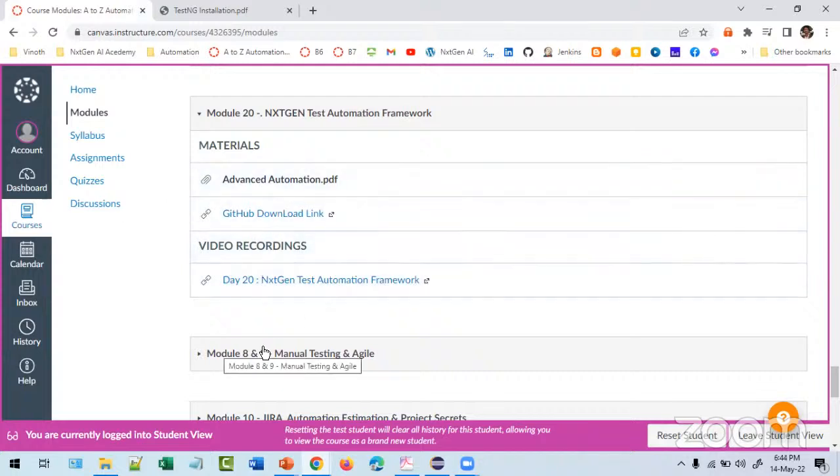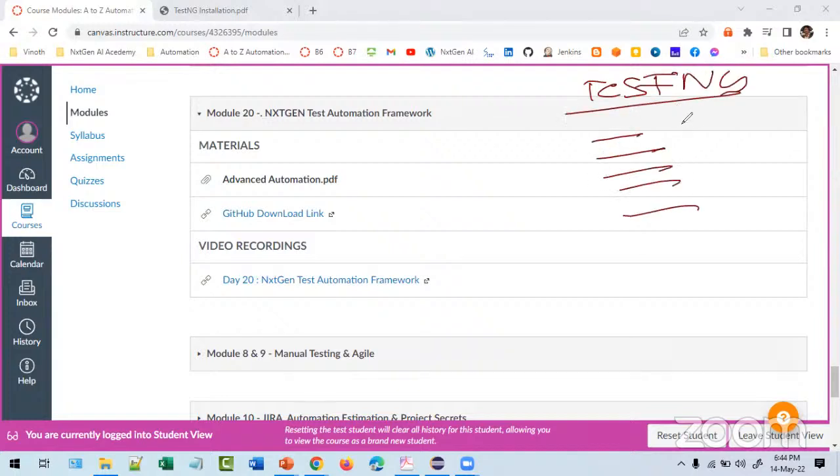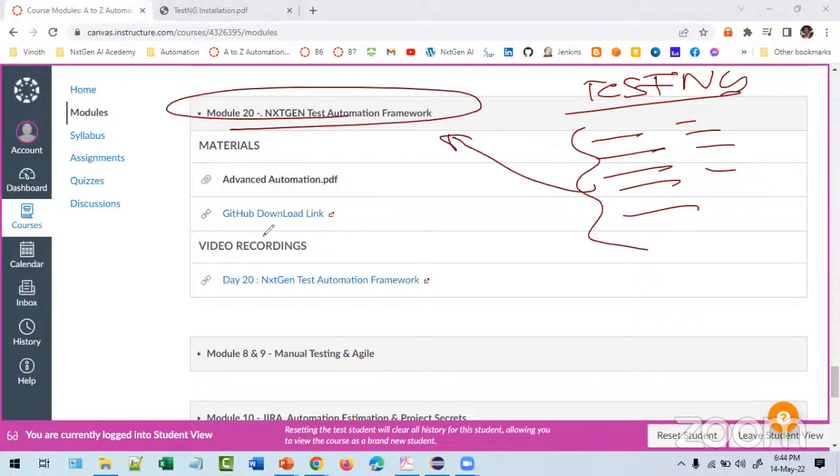So the plan now is that we are going to learn the TestNG framework, and TestNG has so many features. Those features are designed and kept in this particular framework in the next module.